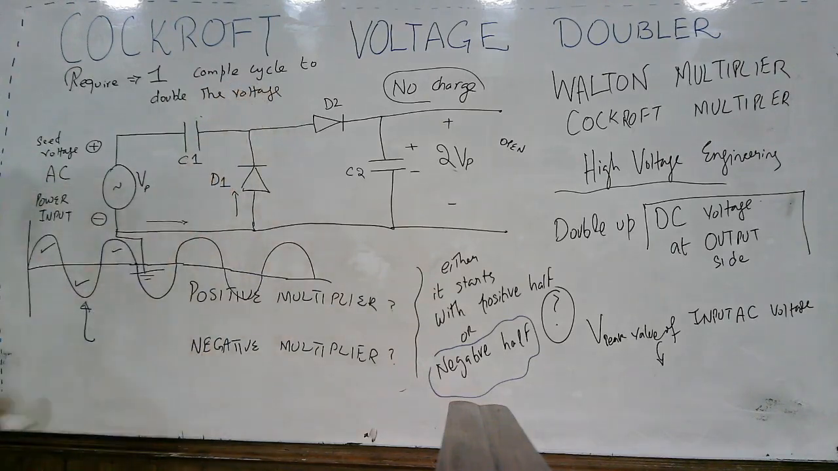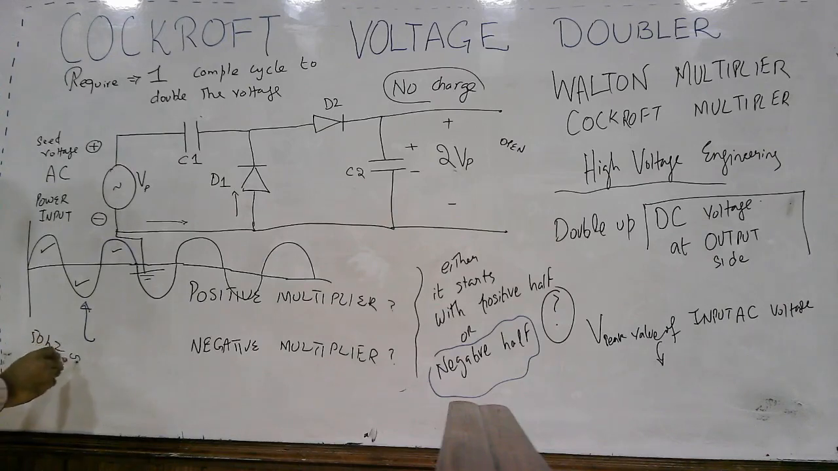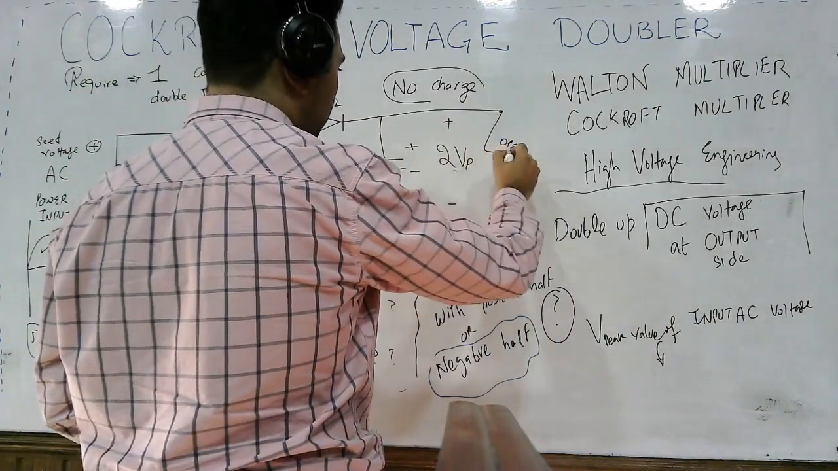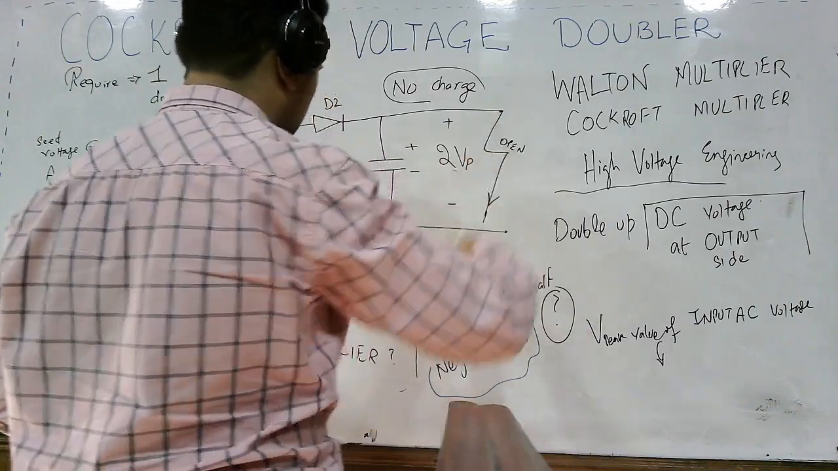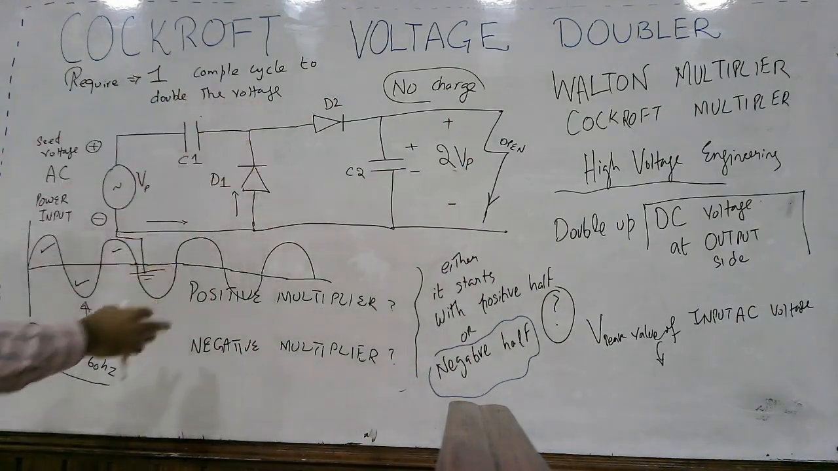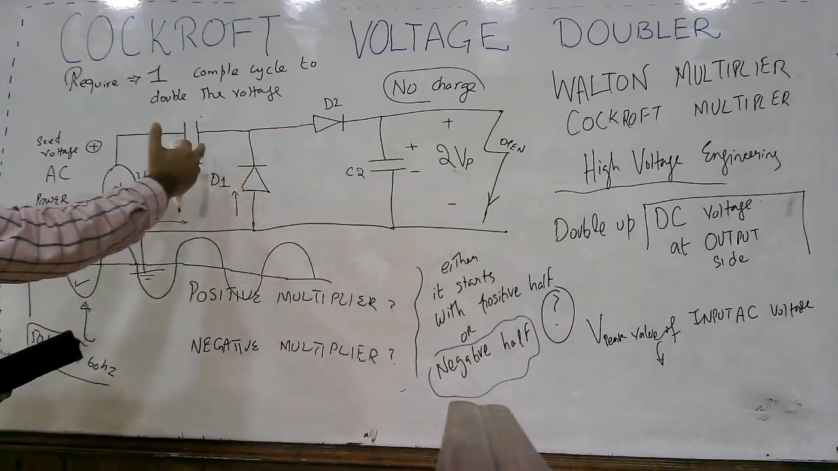You see, only one cycle is required to develop the voltage, and now it depends on your input voltage frequency, either it is 50 Hz or 60 Hz or whatever will be the frequency. You will get to know after how much time the voltage will be doubled up. Now what happens if we discharge this capacitor in the form of a spark or any other load? The cycle will repeat, and since this type of circuit is started from the negative half,